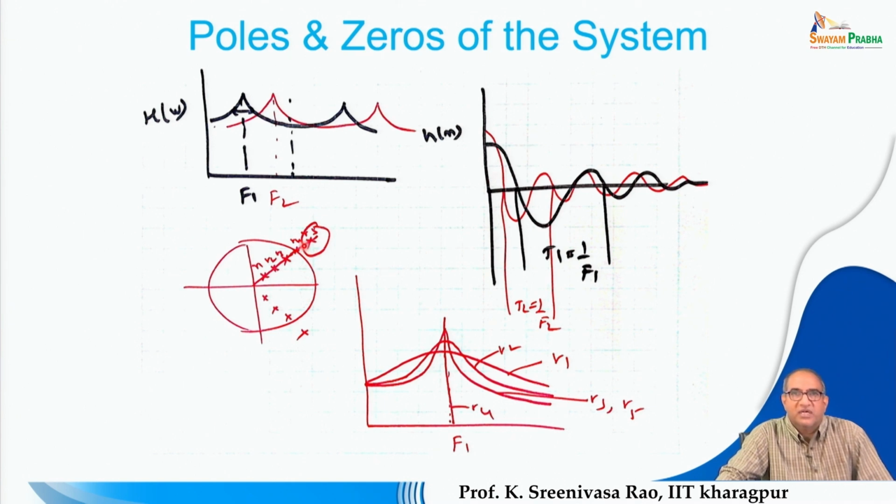So, usually if the poles are outside the unit circle, they are out of phase. With that you can see that the oscillations will keep on growing, and the system becomes unstable. And if the poles and zeros are within the unit circle, this is known as a minimum phase system, and the system is also stable. If all poles and zeros are outside the unit circle, it is known as a non-minimum phase system,